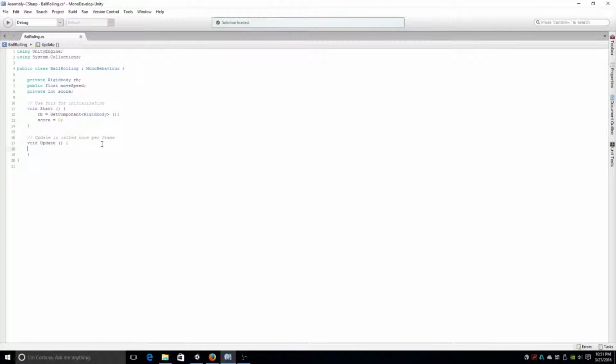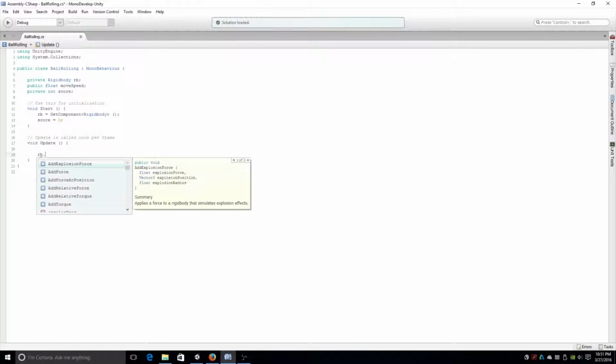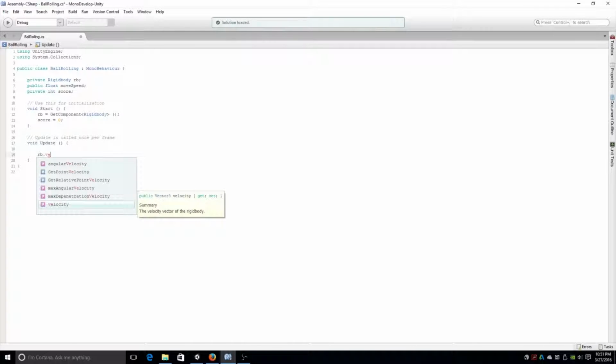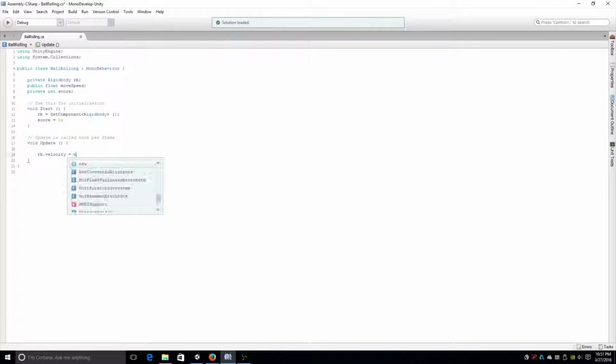Now in our update, what we're going to do is we're just going to do RB to get that rigid body that we just saved. And I'm actually going to do rb.velocity. And what this will do is this will just make it so the ball moves around by our input on the keyboard. And so velocity is a new Vector3, and then we're going to do the x, y, and z